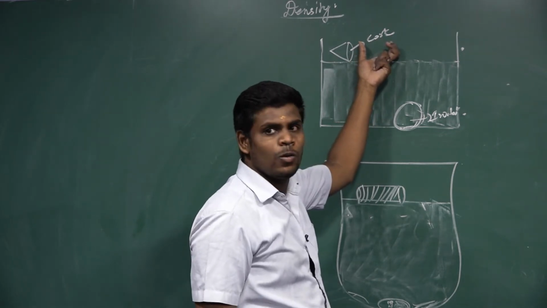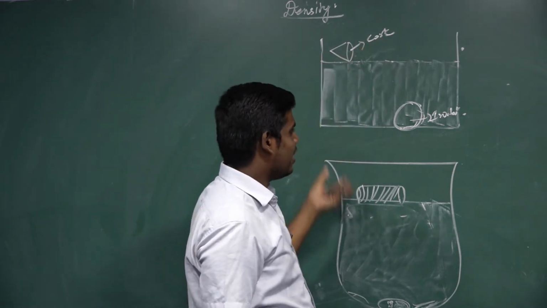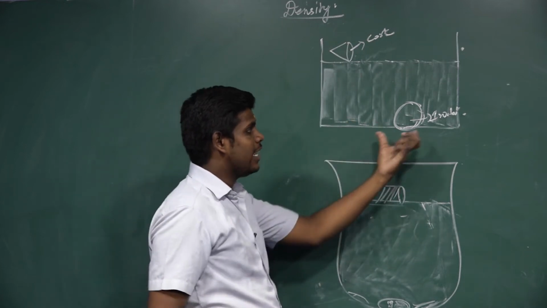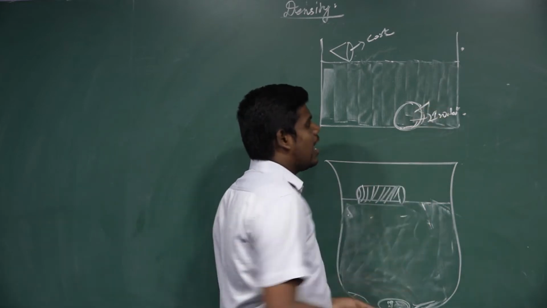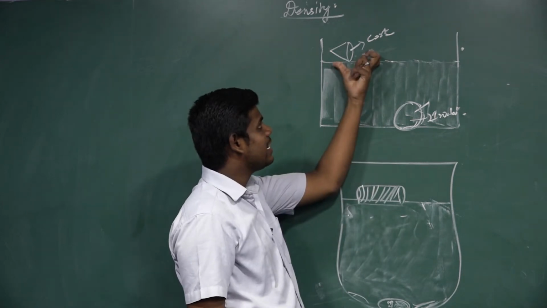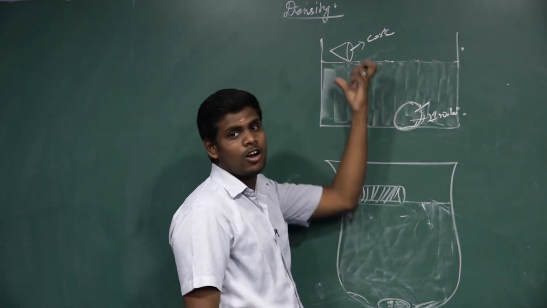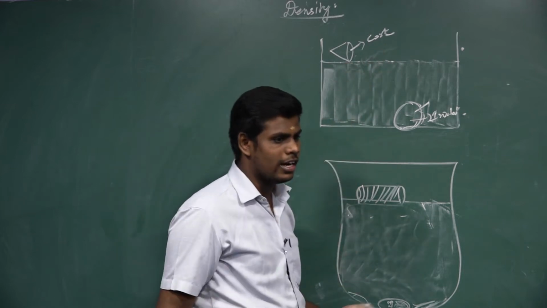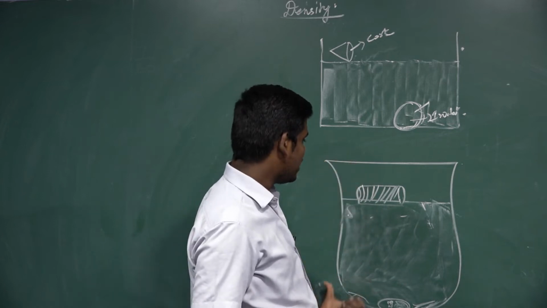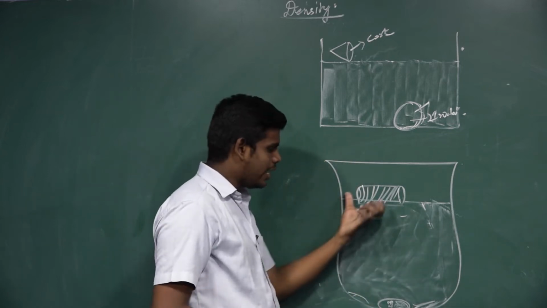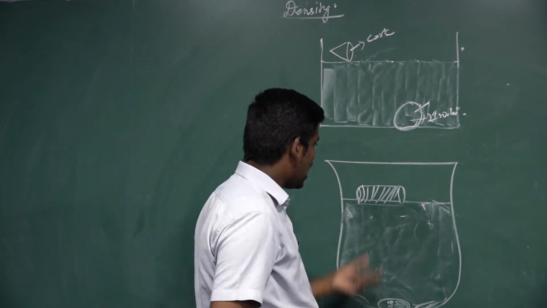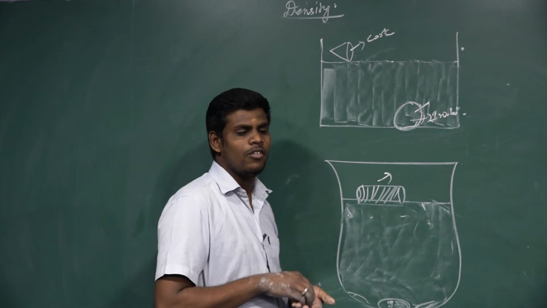Can you explain why? Our answer is the heavier object. Here the heavier object is iron, which sinks in water, and the lighter object is cork, which floats on water. Then why does a metal coin sink in water? Listen, next figure. Why does a silver coin sink in water and wood float on water?